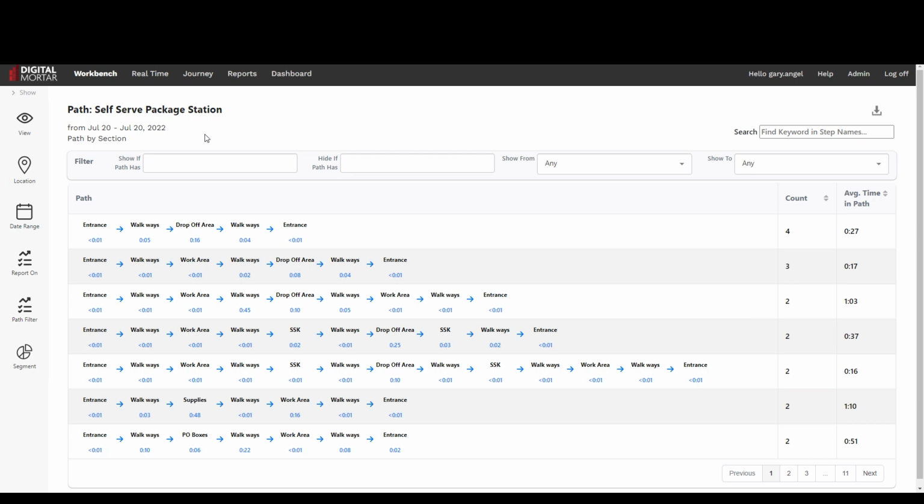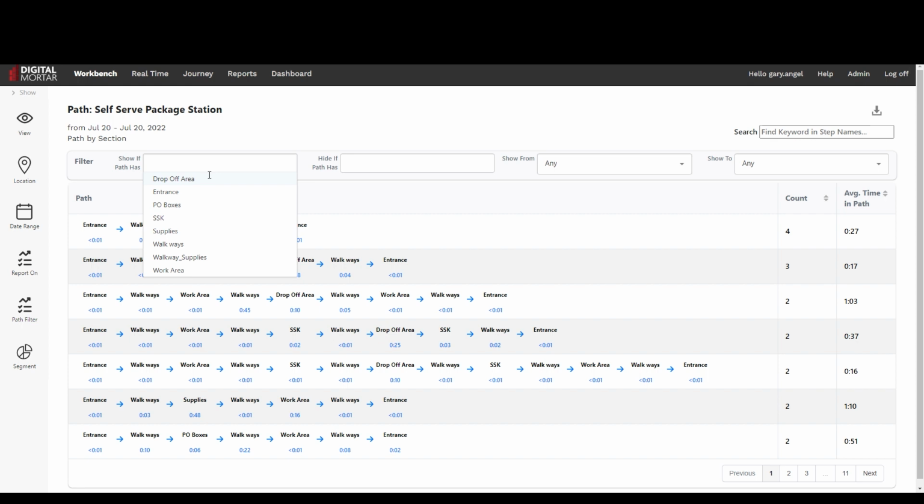Here's the raw undifferentiated path tool. This is every single path on the site for the day I've picked. Keep in mind, you don't have to pick a particular day here. You can pick a month, you can pick a week, you can pick any set of days or a year. I'm just working with a really small set of data to illustrate the points here. So here's all the paths in the space, but what I'm interested in is people who went to the self-service